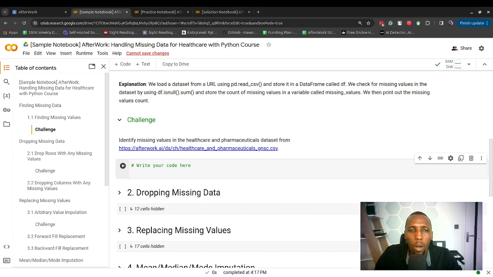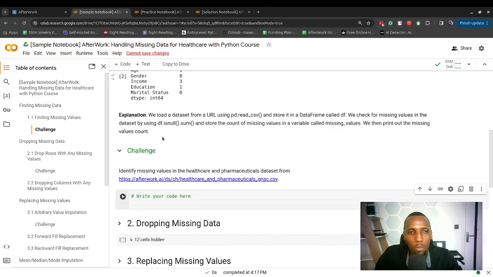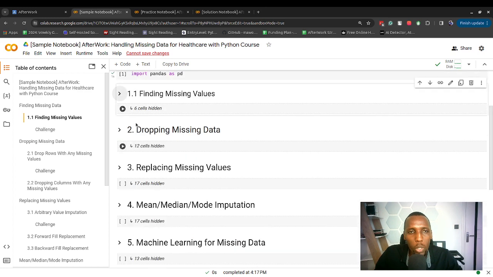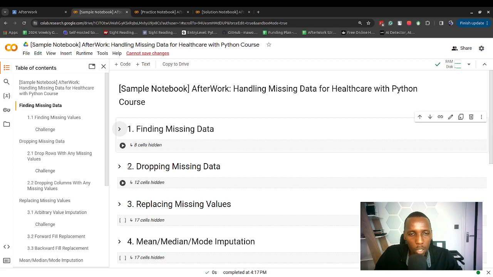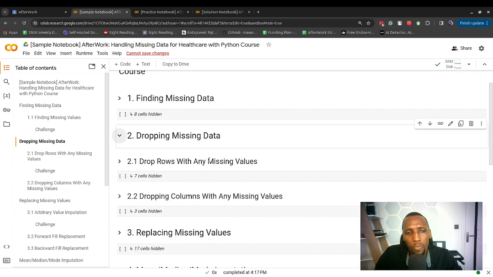Awesome. So once you have gone through finding missing values, the next section we are going to go through is dropping missing data. Here we're going to learn about two concepts. We're going to learn about how to drop records that have missing values. And you might want to perform this operation if you realize the number of records that you're going to be dropping are